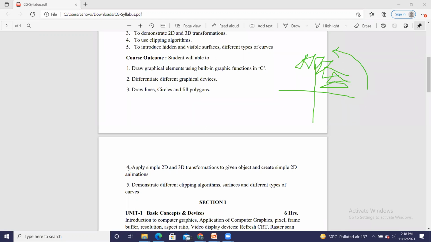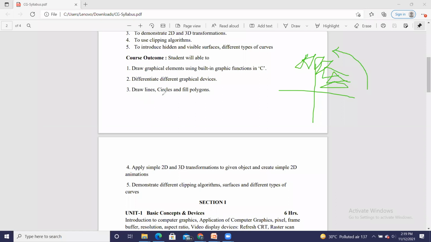So here we are able to apply simple 2D and 3D transformations. All these transformations we are going to learn: translation, scaling, rotation and all. And we are able to create simple 2D animations also. So this is your outcome with respect to chapter number 3.